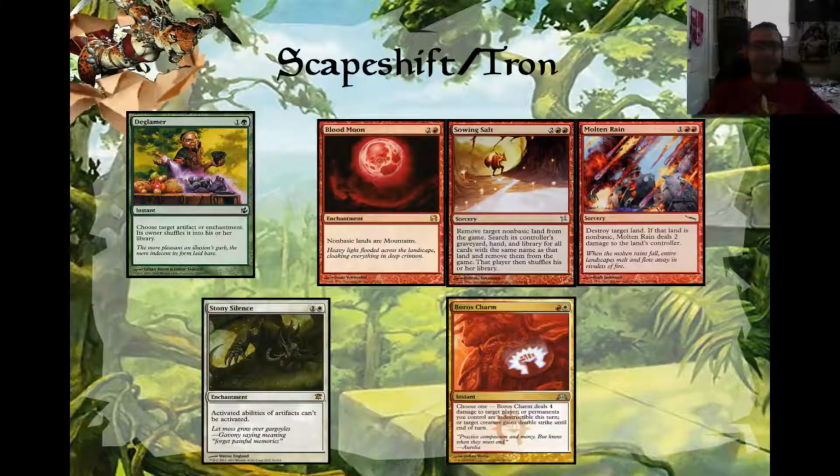On the other hand, you'll see I've got things a little bit separated here with Declaimer and Stony Silence. Stony Silence does not help you against Scapeshift at all, but will help you against Tron, specifically if you are on the play, because it stops them from using Map. Expedition Map is their main way of getting their Tron pieces, and that's something that you're going to use to destroy them. It also stops O-Stone from existing, and a lot of their other